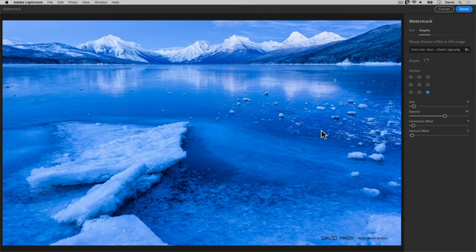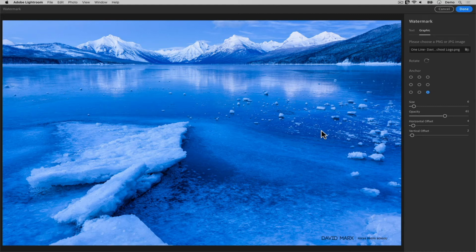Now there are a couple of important details that I need to mention at this point. First, the graphic watermark or logo that you want to use here must be either in the JPEG or the PNG file format. Second, you will not enjoy this feature if your logo has a colored background. For best results here, make sure that your logo is surrounded by a transparent background when you design it. Finally, you cannot use files that are larger than 5 megabytes in size.